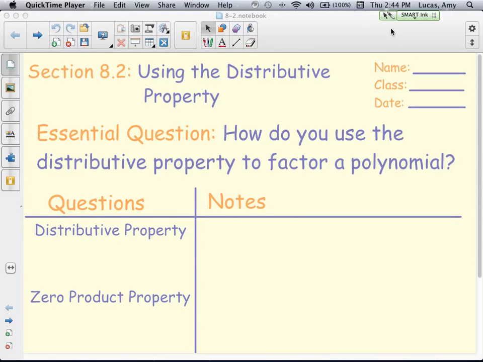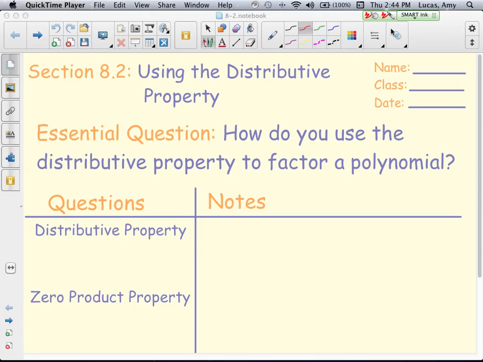Section 8.2, using the distributive property. Our essential question is, how do you use the distributive property to factor a polynomial? Our first vocab word is the distributive property, which you should remember because we've worked with it a lot throughout the